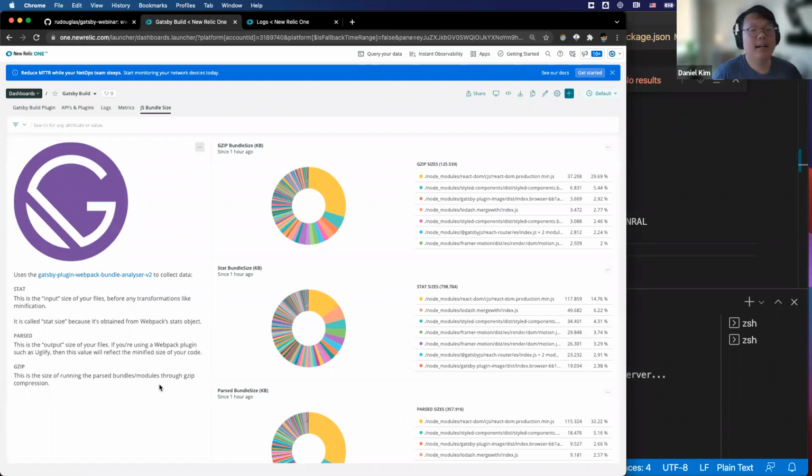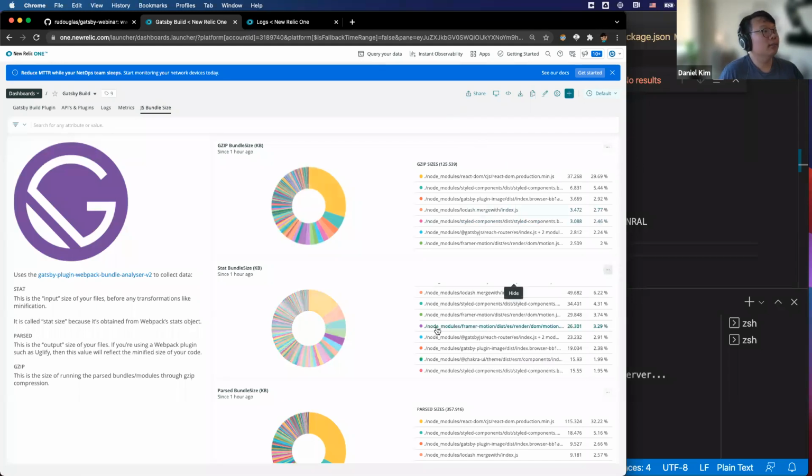And the reason is because when you have a large bundle size for Webpack, it can really slow down both the build of your website as well as your website for your end user. So what you want to do is reduce it as much as possible. But sometimes it's really hard to get a granular view into what exactly is causing the bundle size to be big and how to reduce it.